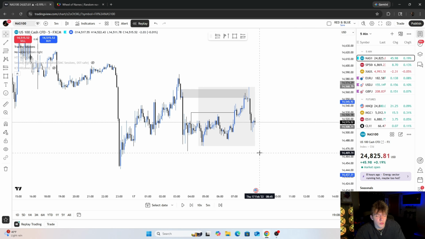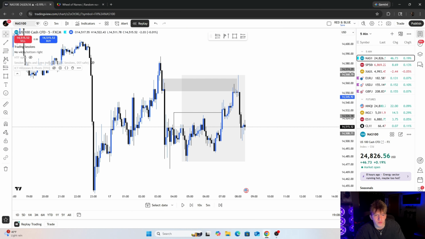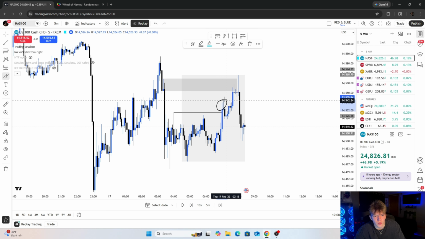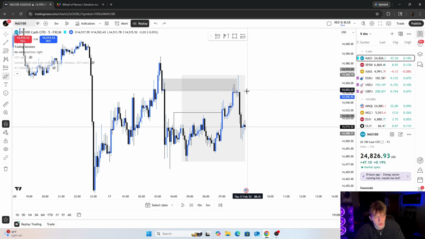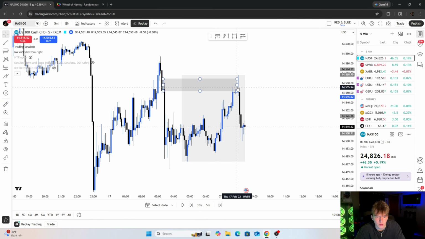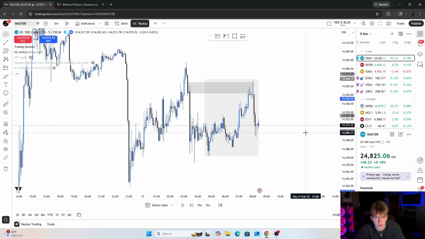There's a reason for it to move down potentially, just because we are bearish right now, but it really doesn't make sense for the strategy because we just took out our liquidity, rejected, and then pushed up, right? We don't know how many times it's going to make a move like that again. We could push up, reject, and then push up and reject, which is pretty much exactly what we did. We pushed up, rejected, and then pushed up one more time, and then we got the move. So that's why I just don't really like doing setups like that. If you would have taken that, it would have stopped you out. But I guess so. Yeah, I'll just keep that one up.